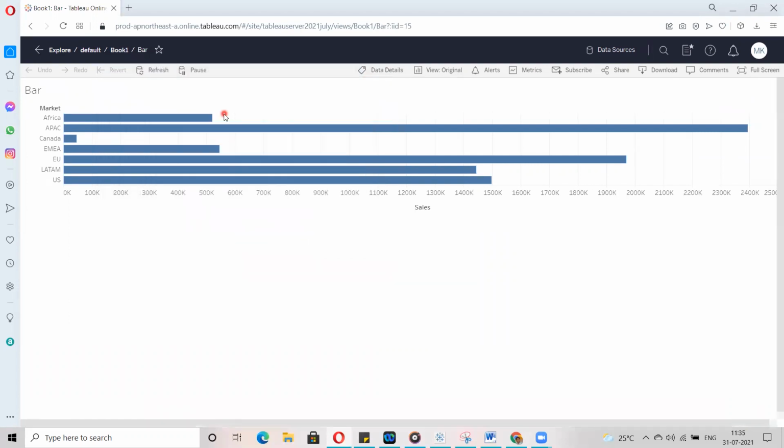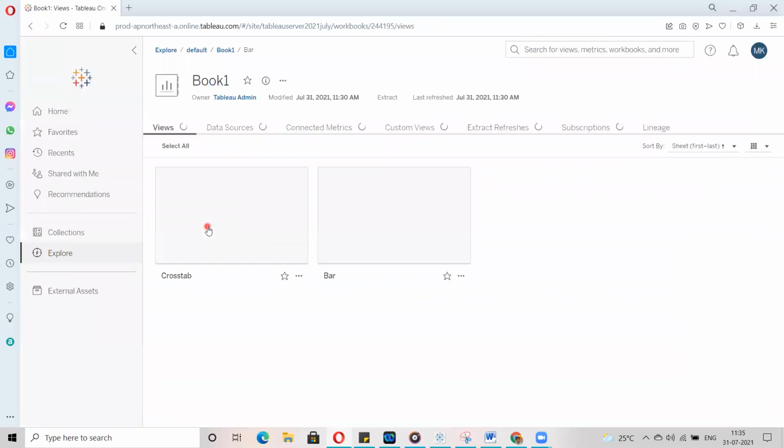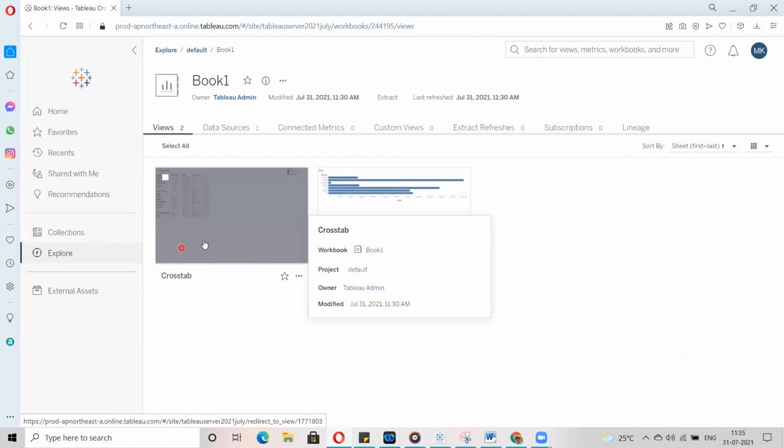Bar graph is one view and crosstab is another view. So this is view level permissions. This is a lower level, meaning we go to each and every individual view and set the permissions for users. This is view level permissions.